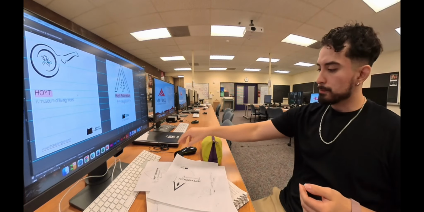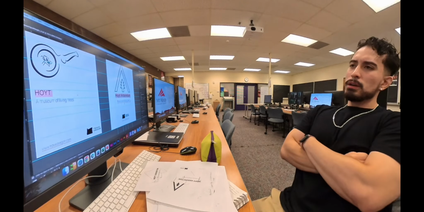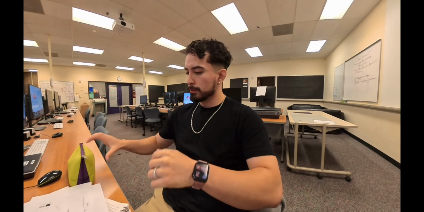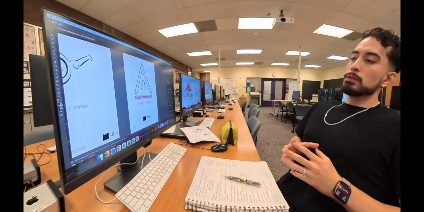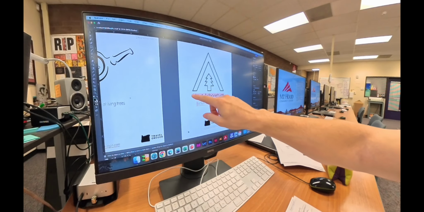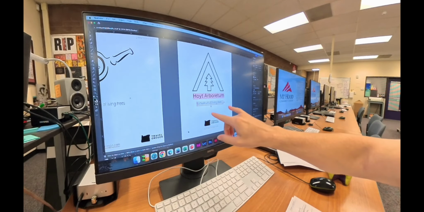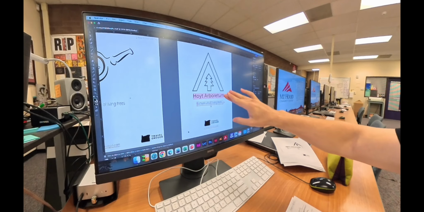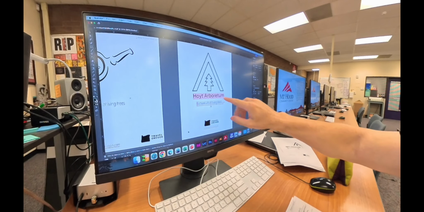Other than that, it's been relatively fun, relatively cool, right? Because for the first one that I'm actually redesigning, this one right here, I'll go ahead and show you guys. So for this idea right here, what I practically want to do is have the logo centered. So you have one triangle there, and then you have another one being formed in the